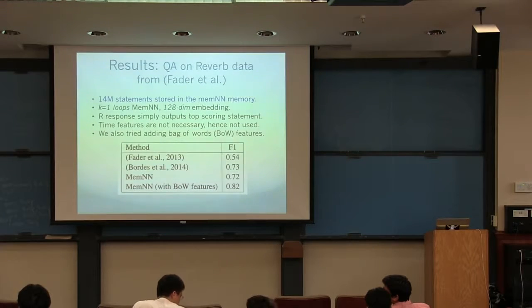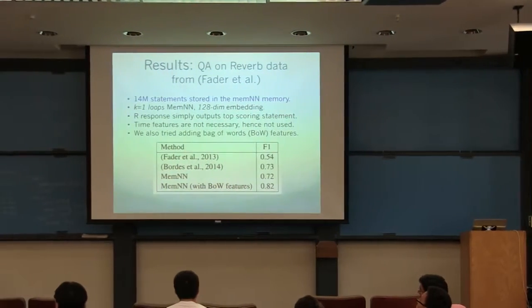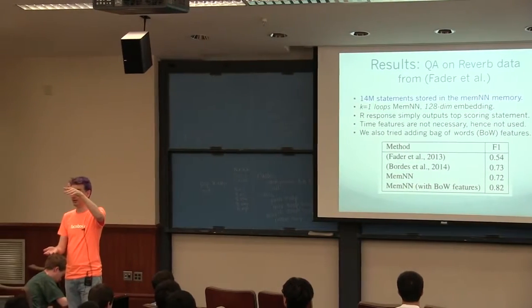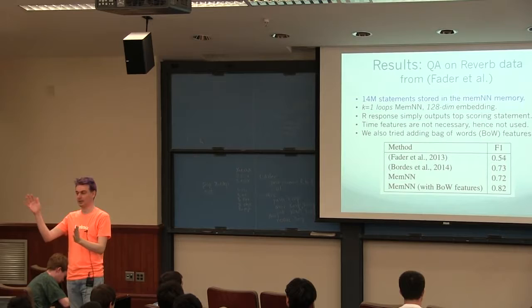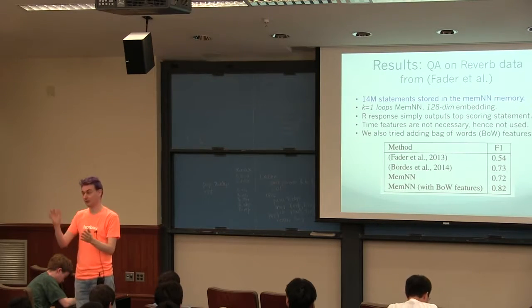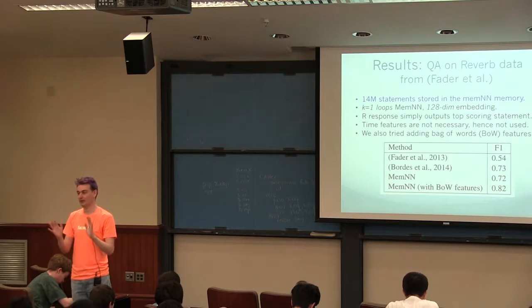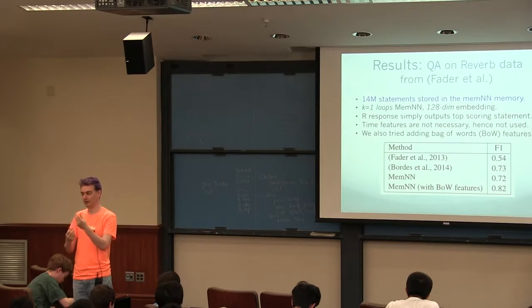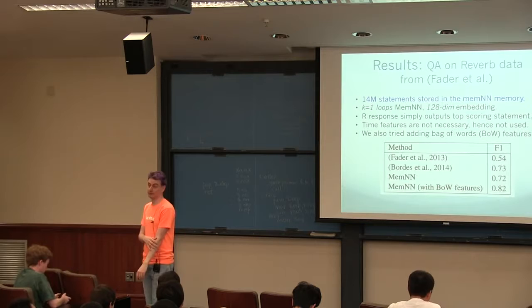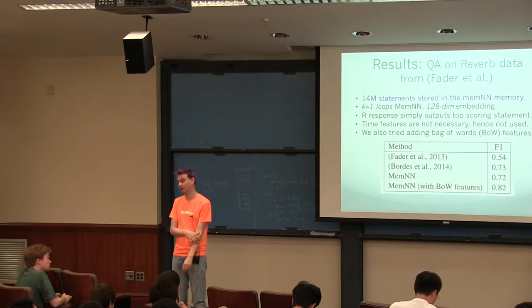So I'm not going to describe it here, but basically what you have to do is replace all these max functions over the memories, which I've shown, with a softmax. And if you do that, it's easier to backpropagate all the way through the network, because then you get the gradients. Then you don't necessarily need the supporting facts, basically the supervision on the latent variables. And it can work. It doesn't work quite as well, but it does work.